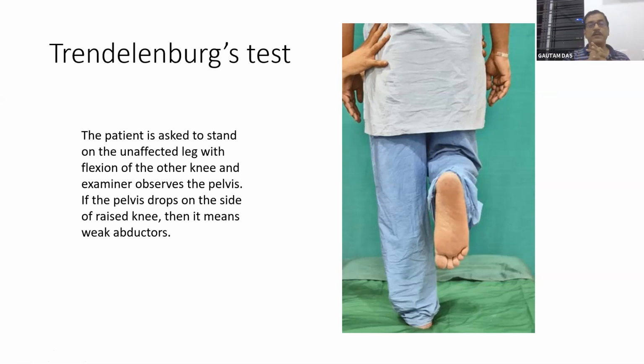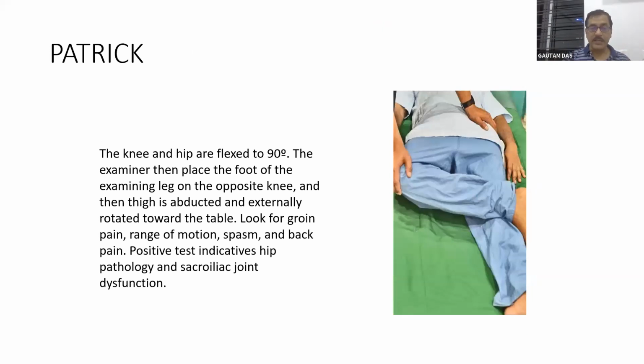So this hip abductor, if it is weak, is supplied by which nerve? It is the gluteus muscles, supplied by the superior and the inferior gluteal nerves. That means L5 is most important, but L4 also a little bit. So if there is Trendelenburg gait, it indicates that there is L5 radiculopathy. That means the L5 nerve root, for any reason, is weak, or the gluteus medius and the other abductors of the hip are weak.